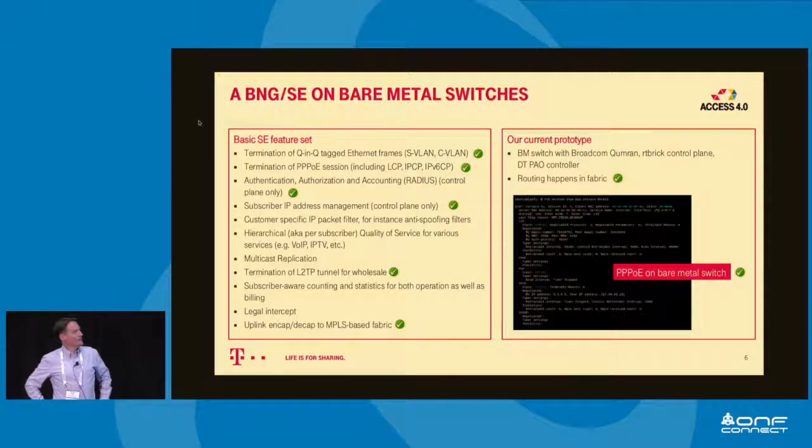I'm not so much keen on a third Ethernet label. I know it's possible, but it looks a bit weird to me. But having said that, if you want to implement a data path on merchant silicon and you have another header, you need to make sure that there's a stage that can take off this header. On fully programmable devices, that's a bit easier compared to partly programmable devices, but you also need to have the stages to do that. PPP over Ethernet,